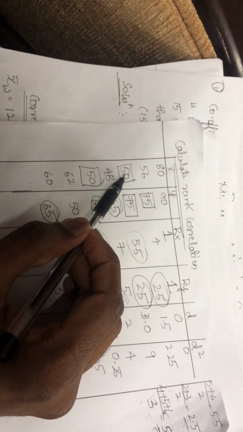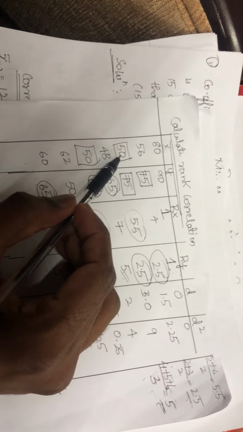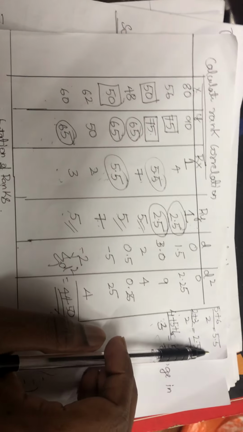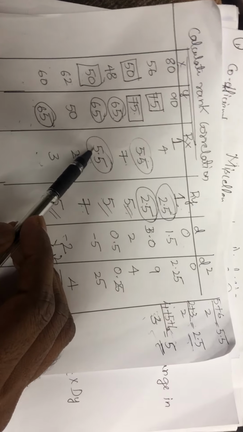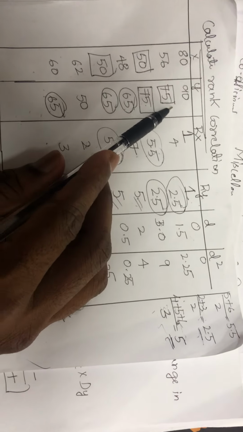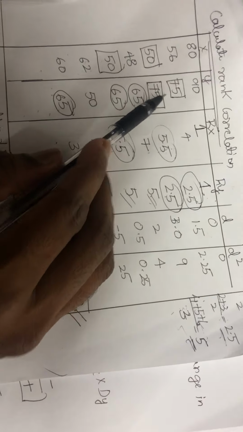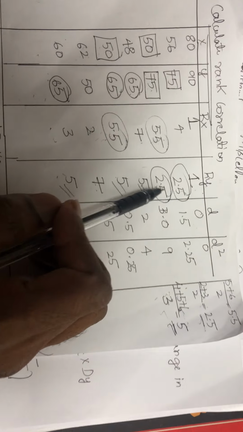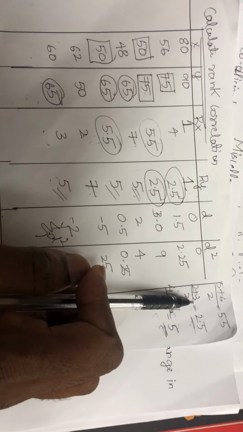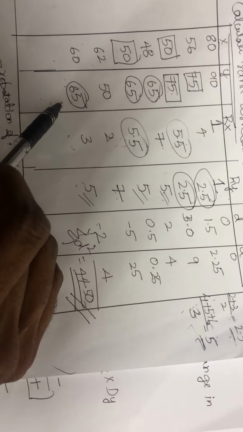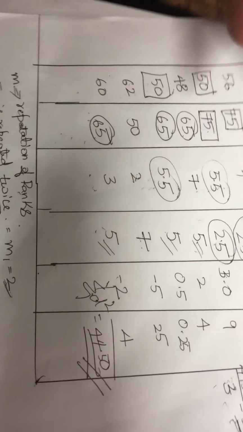That is, in case ranks are repeating, this is how you need to calculate. Another important point: whenever the ranks are repeating, in this case the number 50 was repeating twice, therefore the two ranks associated were 5 and 6, and the average of that was 5.5, so I have given 5.5. Similarly, the next two associated ranks were 2 and 3, the average between them was 2.5, so I gave 2.5. After that, for the third rank, 4, 5, 6, three ranks were there, three people getting the same number, therefore again the average rank will change, therefore 5.